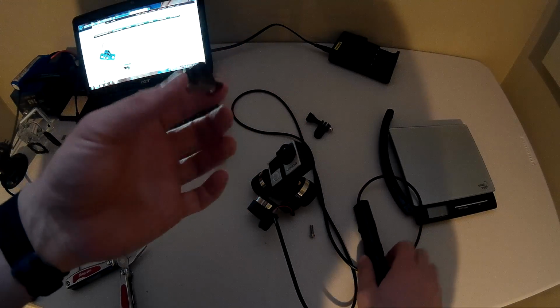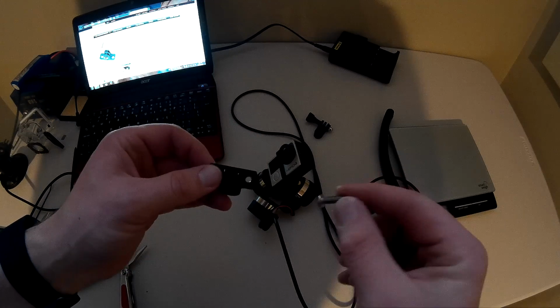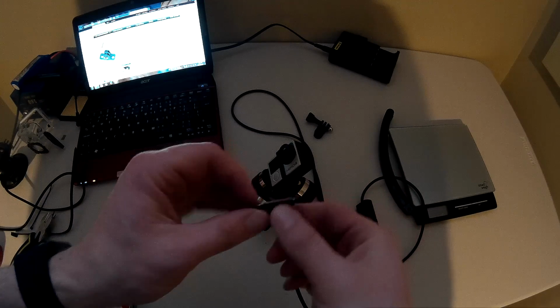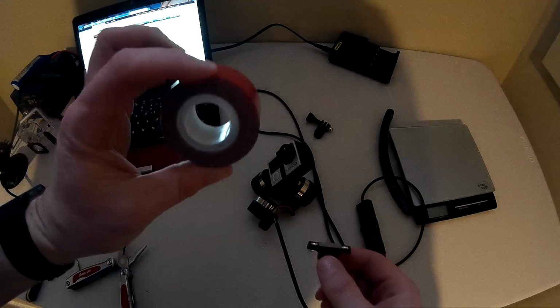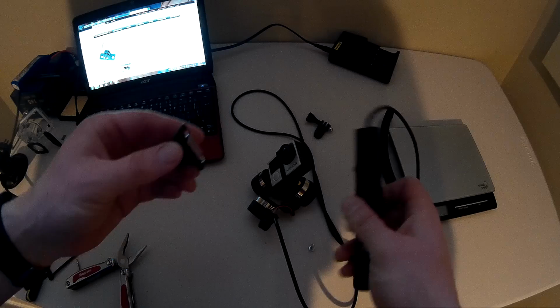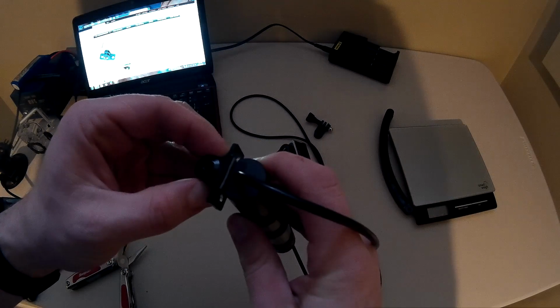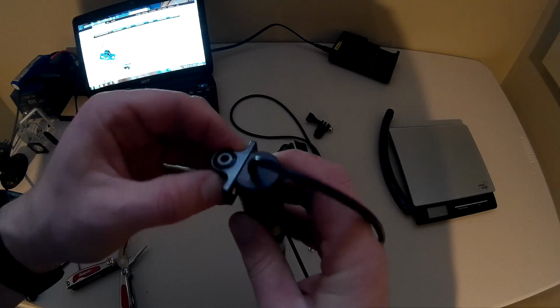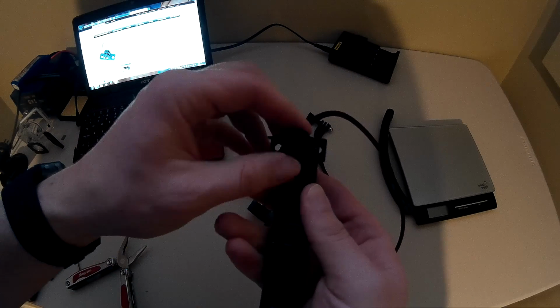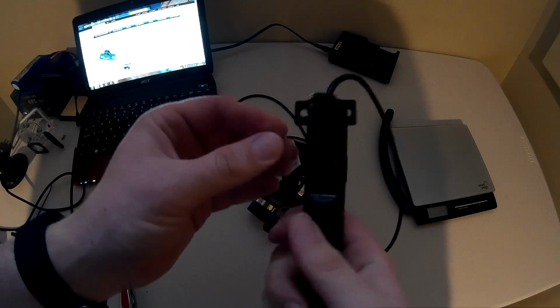So this is what it looks like. It's a solid piece of aluminum. It comes with a tightening screw. So what I did was I took some 3M tape and put a little piece on the back and lined it up as best I could. Make sure it's nice and flat and even, and stuck it to the top of the